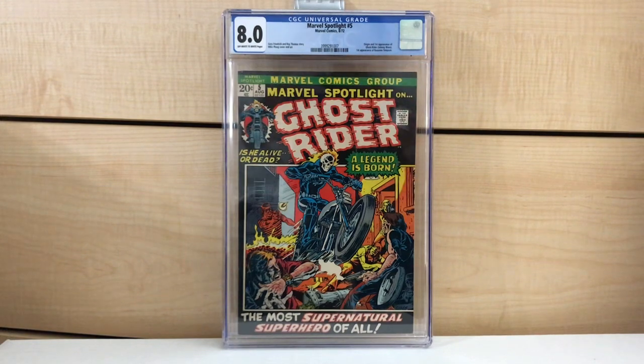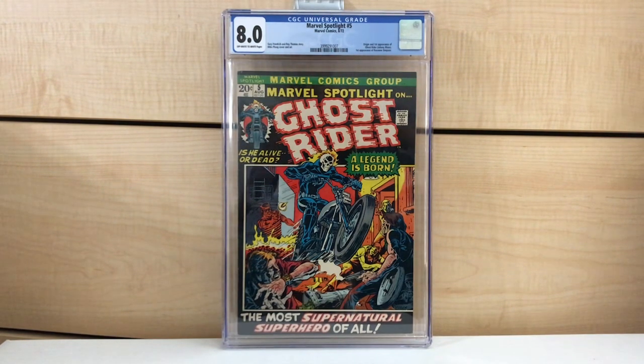I saw this grade, I saw the 8.0 on this Marvel Spotlight 5, and I freaking shrieked like a girl. I was thrilled to get this grade, especially on an all black cover like this. You know what I'm saying? So I'm more than happy with this 8.0 on this Marvel Spotlight 5. Very happy about that. Okay, we're moving on